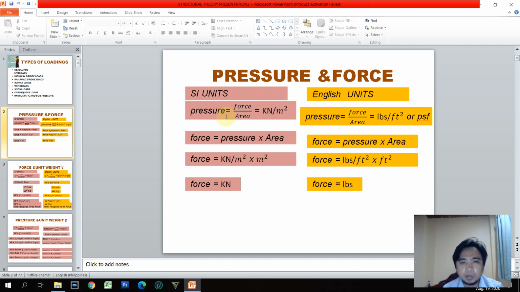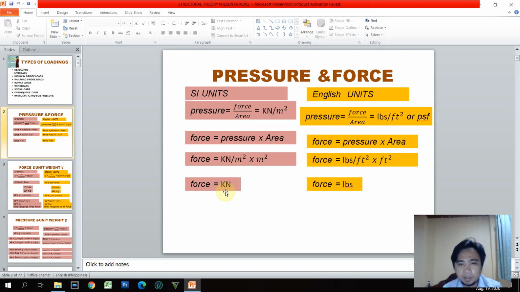And then if we are going to cross multiply this pressure times area, we'll come up with the force is equal to pressure times area, and then as we can see by the unit itself, kilonewton per square meter multiplied by square meter, then this square meter below and above will just cancel,